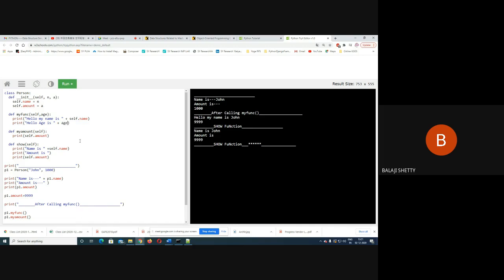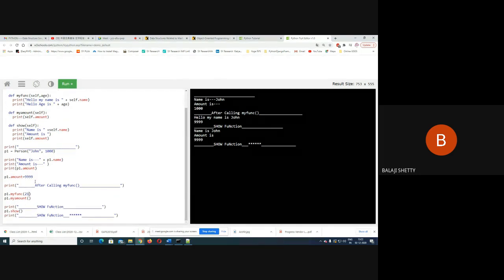Age is an external parameter that I'm passing. So when I call myfunction, it now takes two parameters. So I must pass, suppose, age as 21. And here I'm again calling age. Even though myfunction is called only one time, it will work.